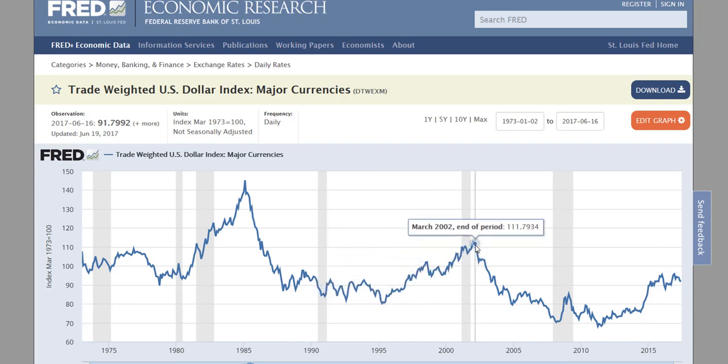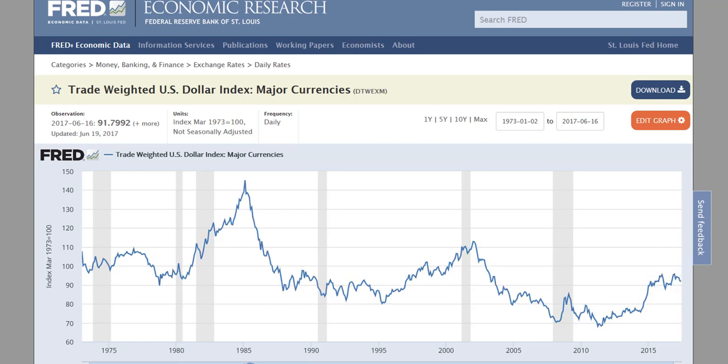There's an appreciation up to 2002 and then coming down again up to 2008. And since then, there was this turmoil here up to 2011, but clearly since 2011, it has been appreciating. Okay? Still not as strong as in 1973, with 100 being the benchmark. Look here, index March of 1973. It's not as strong because it's still at 91.79, well, 91.8, whereas in 73 it was 100.